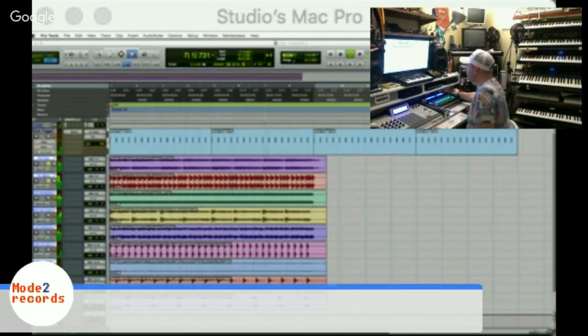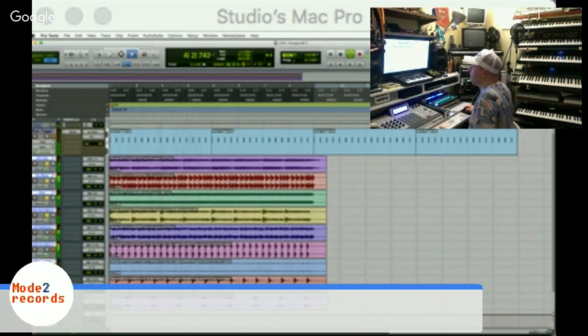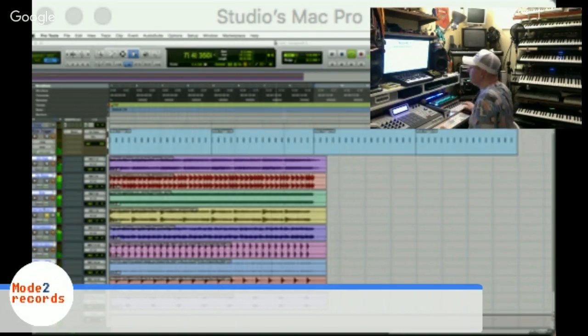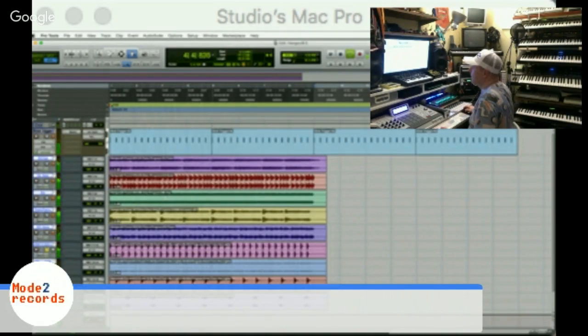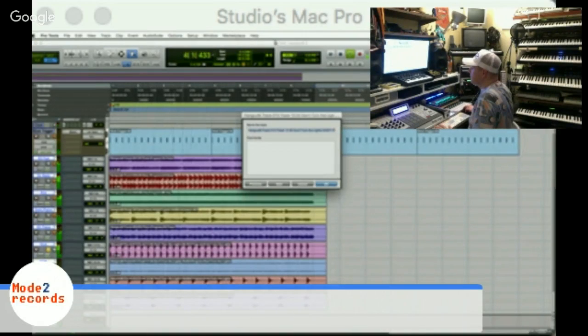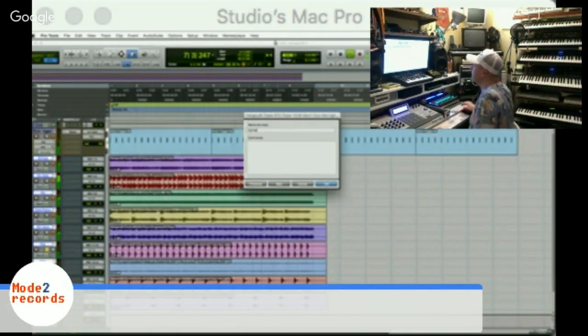DX bass. Drum, hats, snare, open hat. Okay,